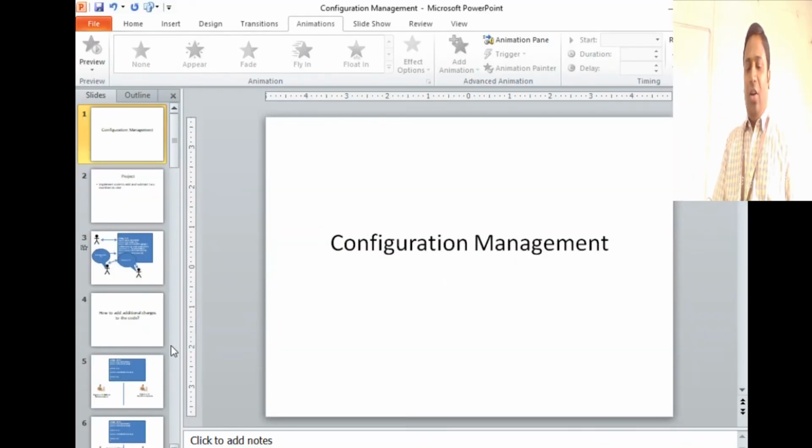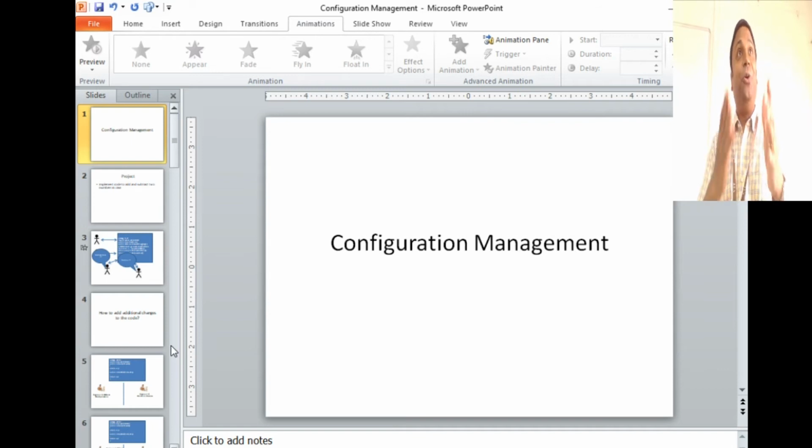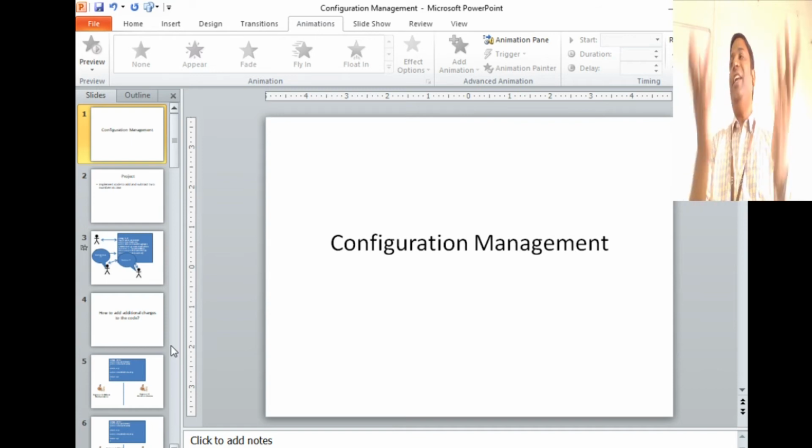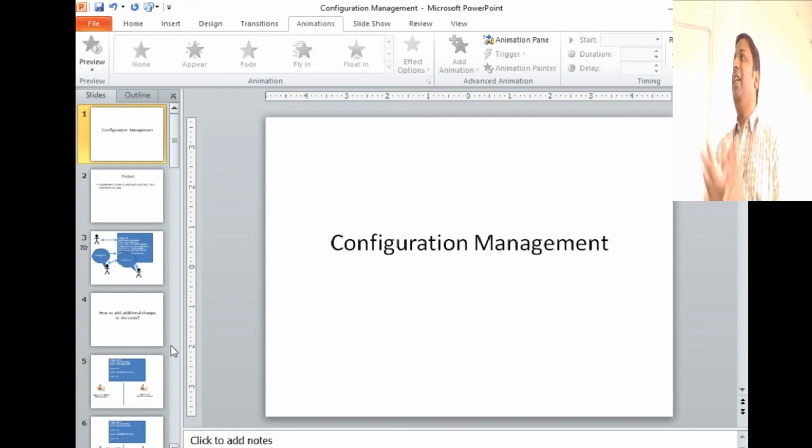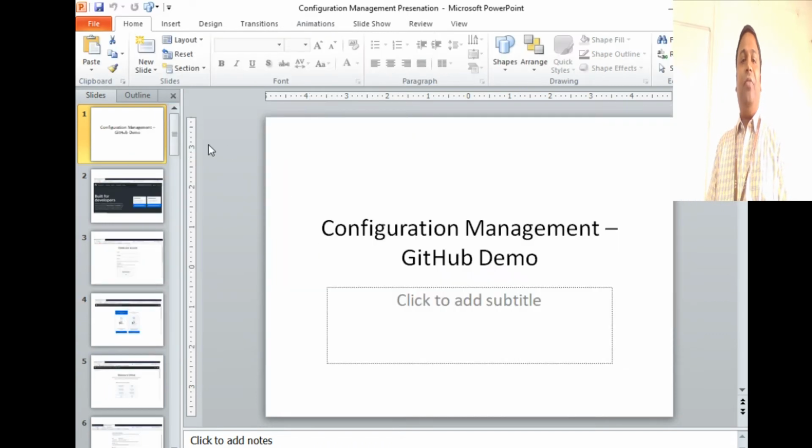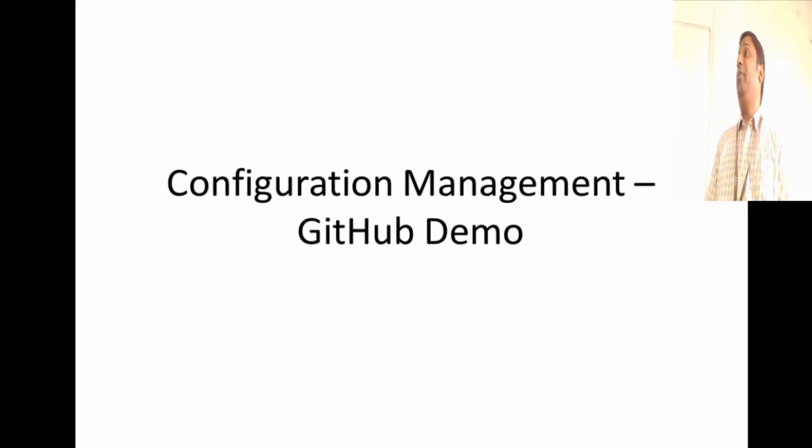So obviously we cannot do all these things manually, looking at who has changed what by reading the code in a centralized repository. We need some kind of tools to manage all these things. How to know who has changed what in this code, who has added what to this code. So we need some tools, and for that today we are going to look at a very, very famous tool. You might have heard, many of you might be using this, GitHub, which is an open source free repository for storing, managing, configuration management of the code. So it's a very important concept.